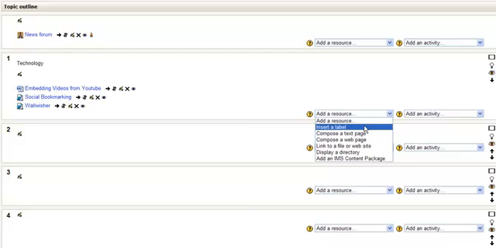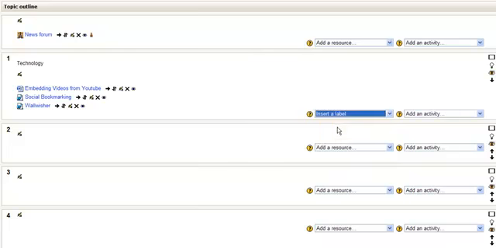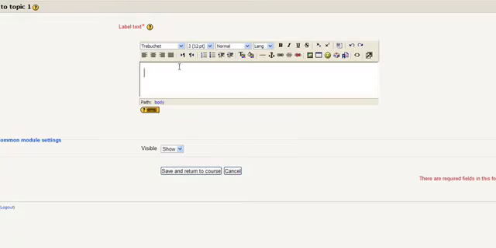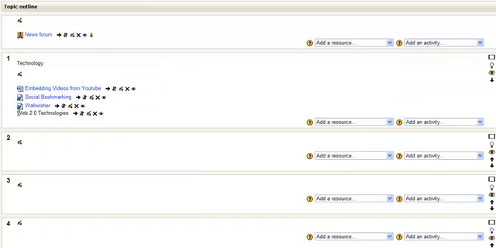Now a label really is like a subheading inside a topic. So if I click here, insert a label, I'm going to say, let's say, Web 2.0 Technologies. Save and return to course. You can see the label appearing down there. And so if I now add something else after that,